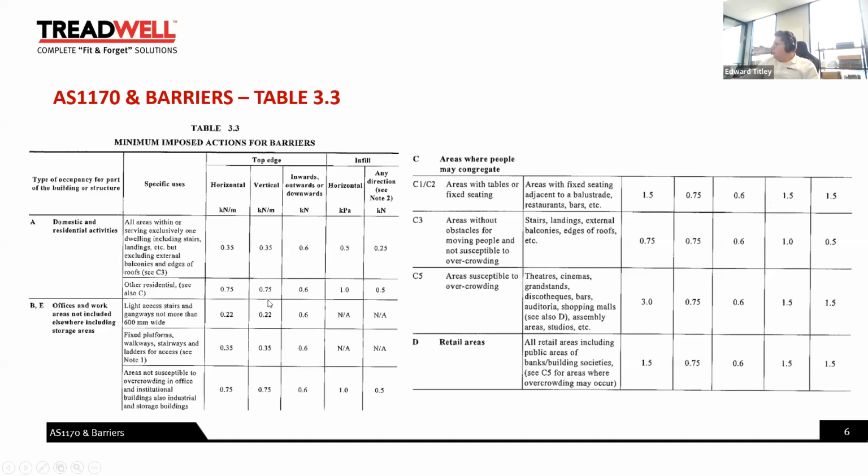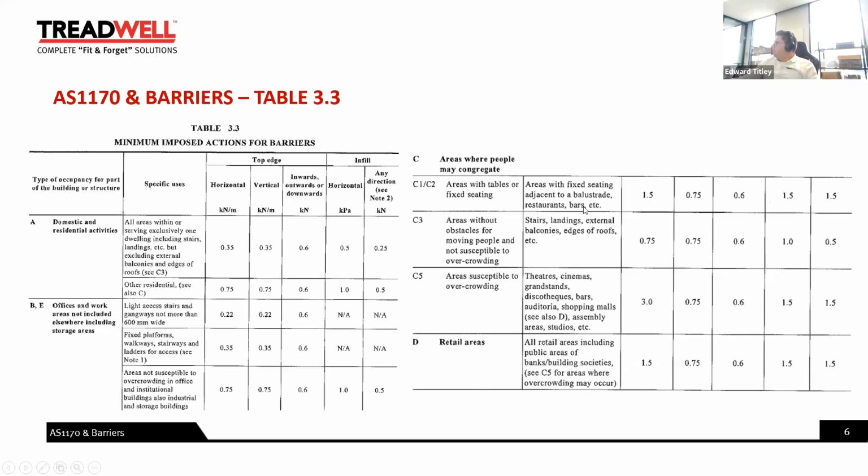So if we look at all these other items, other residential, and then we go to Class C 1, 2, 3, and 5, all these loading requirements are greater than AS 1657. So therefore, a handrail compliant to AS 1657 has very limited usage outside an industrial type application. So considering, we'll have a look at Class C, and we'll do that because the most common balustrades or handrails we do in FRP is either AS 1657 or a C3 or C5 loading.